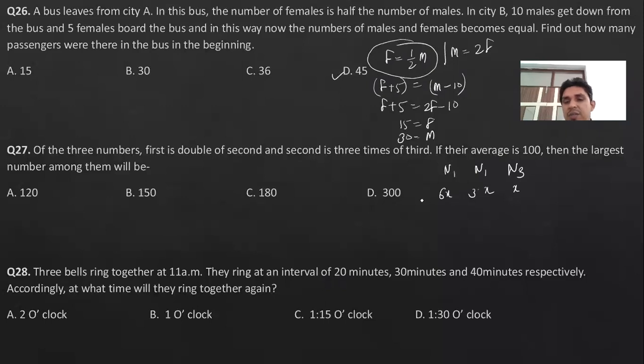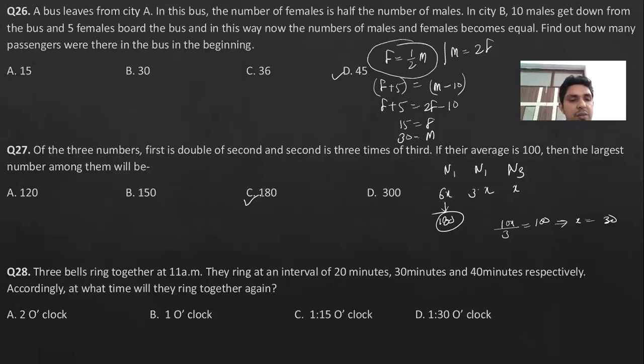If the average is 60, find the largest number. Okay, average means the sum of all the observations divided by the number of observations. If we put it, this will be 10x divided by 3 is equal to 60. And if we check for the value of x, the value of x will be 30, right? Here in this question, we need the largest number. So the largest number will be simply 6 multiplied by 30, this will be 180. So the answer of this question will be 180, right?